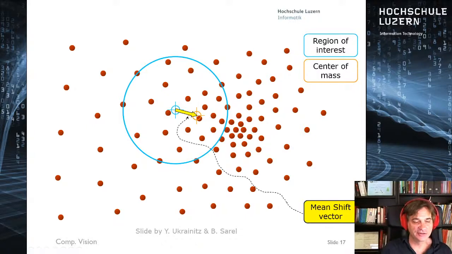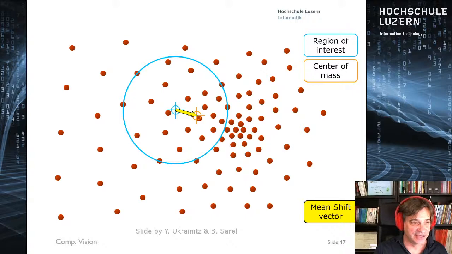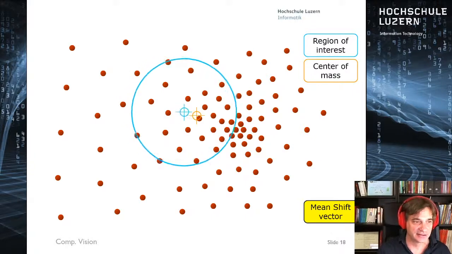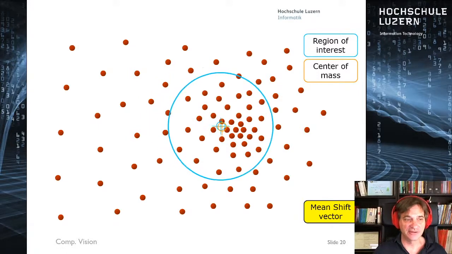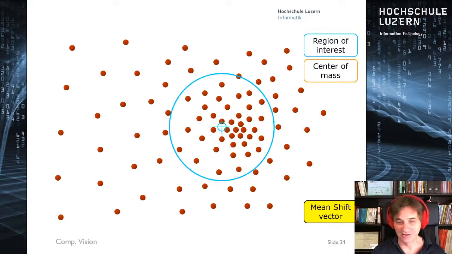Now you replace your starting position x with the mean that you have just calculated. You move there, and you have a different neighborhood of pixels to look at, and you continue the same way. Again, you calculate the mean, or the center of mass, for all the points in your neighborhood. Here in this blue circle, again the mean will be more in this direction, as the points are more dense here, and then you shift to the mean. That is what gives the algorithm its name, as it is a shift to the mean. Once more,